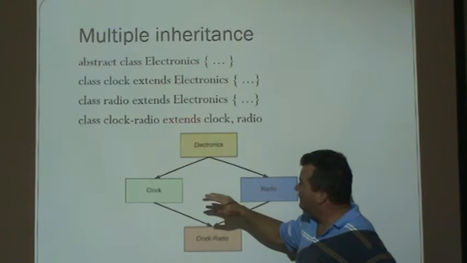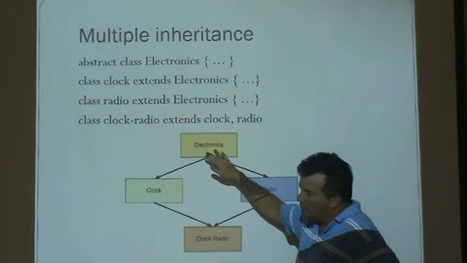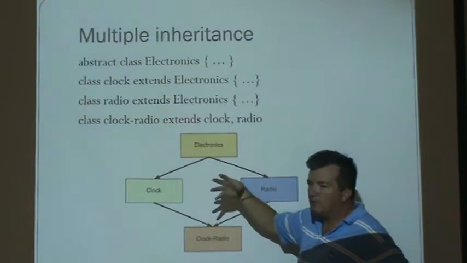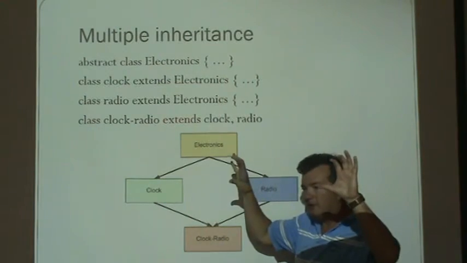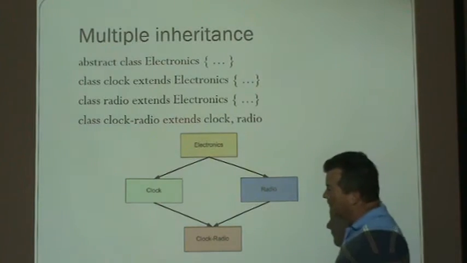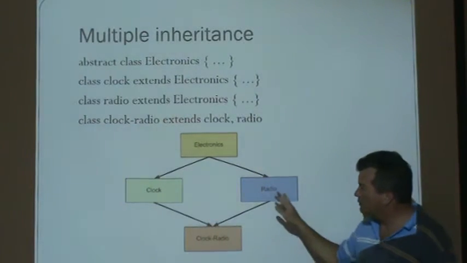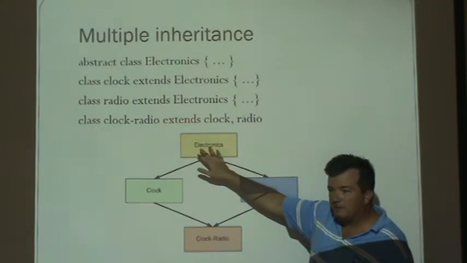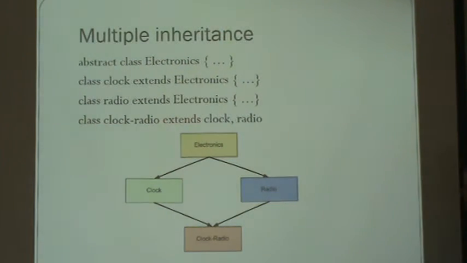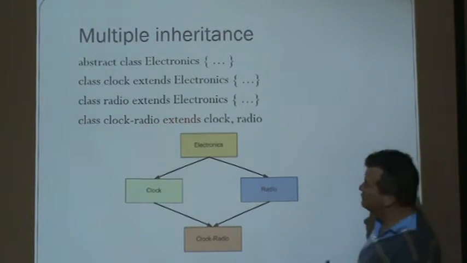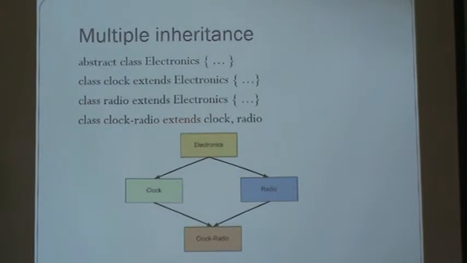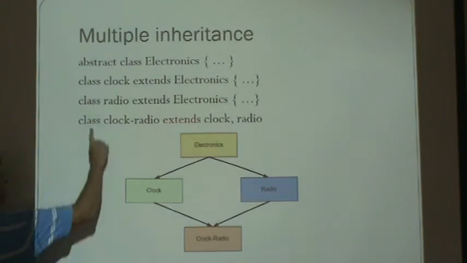Or they may have a method, or when you power one of these objects up, maybe we want our company logo to appear as the first thing that powers up. And then it could do other things like powering up a clock and a radio. So we may have a method called power up, which does things that should happen for all our products. Okay, and then since we don't want anybody to ever instantiate an electronics,